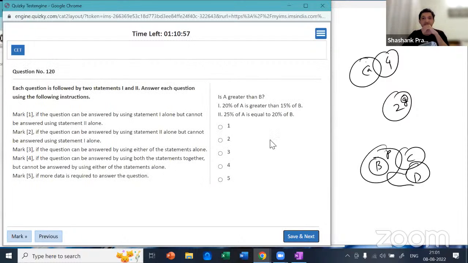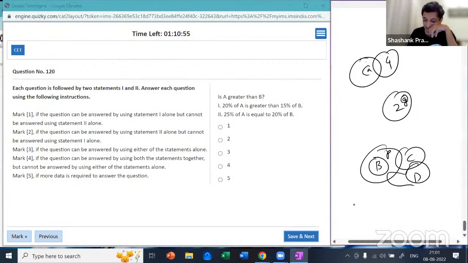Is A greater than B? 20% of A is greater than 15% of B. So A by 5 is greater than 3 by 20. Okay, so 4A is greater than 3B, but we don't know if they are positive, negative, or whatever. Okay, I don't know. 4A greater than 3B